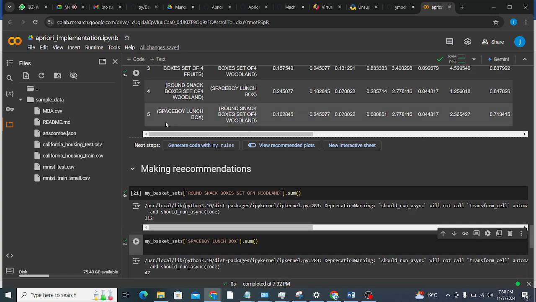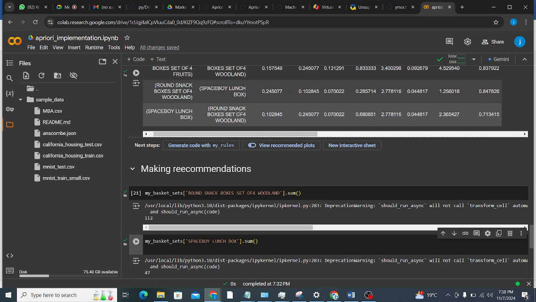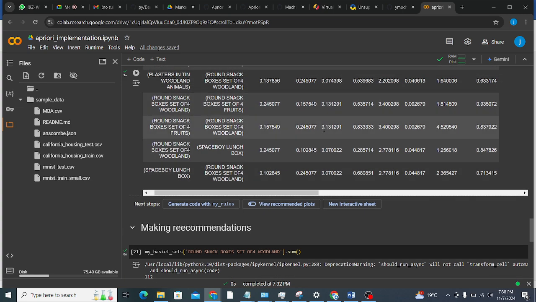So we are recommending. Okay, we have this rule here, that we have these items. That is the Spaceboy lunchbox, and we have a round snack box set of four Wonderland. I think these are two types of lunch boxes. We have a Spaceboy and we have a round snack. And through our algorithm here,